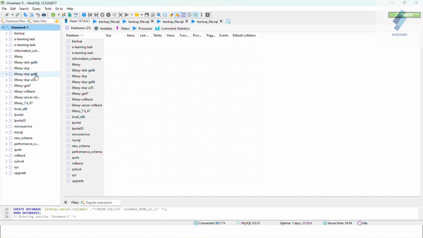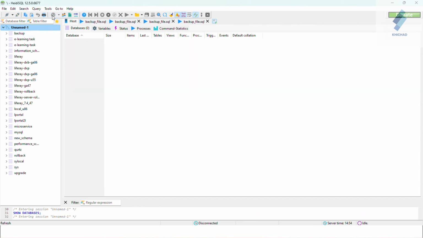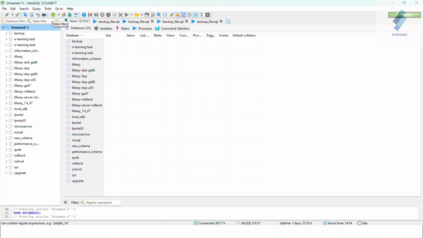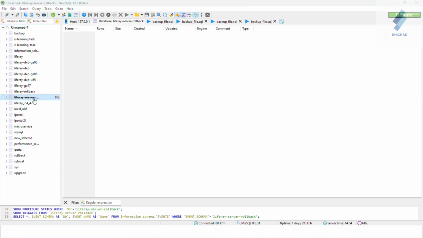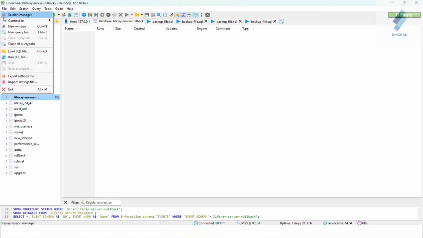After creating, you can see the Liferay rollback database is created successfully. So I first need to refresh the database and select the created Liferay server rollback database, and go to the file and load SQL file.